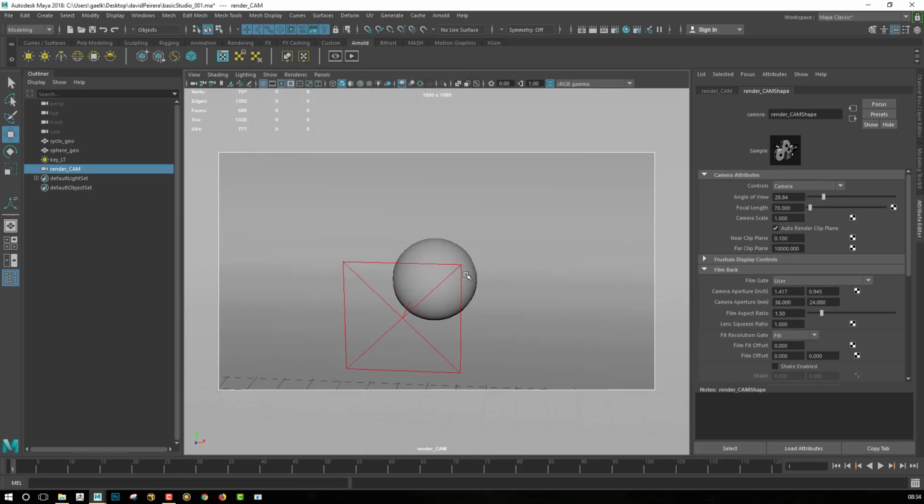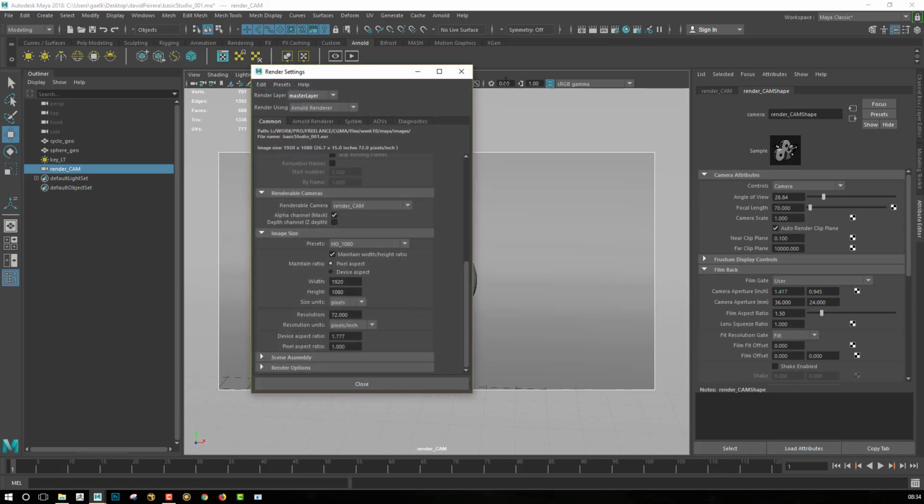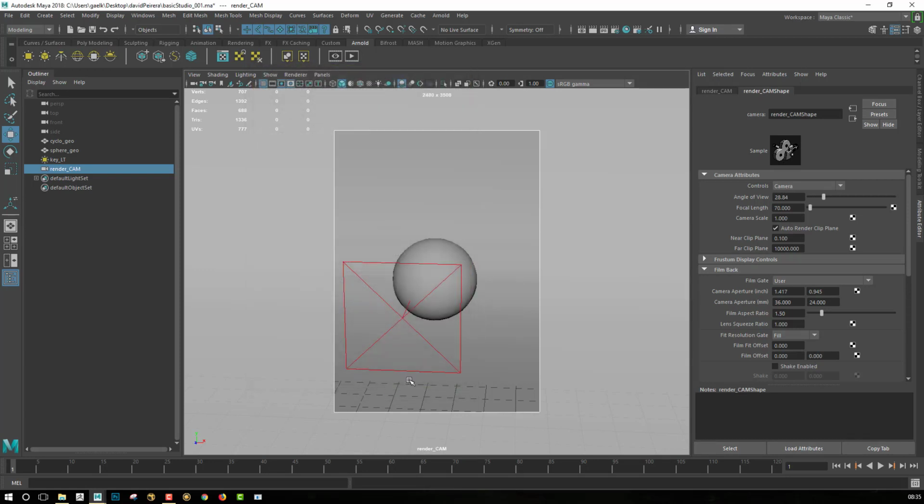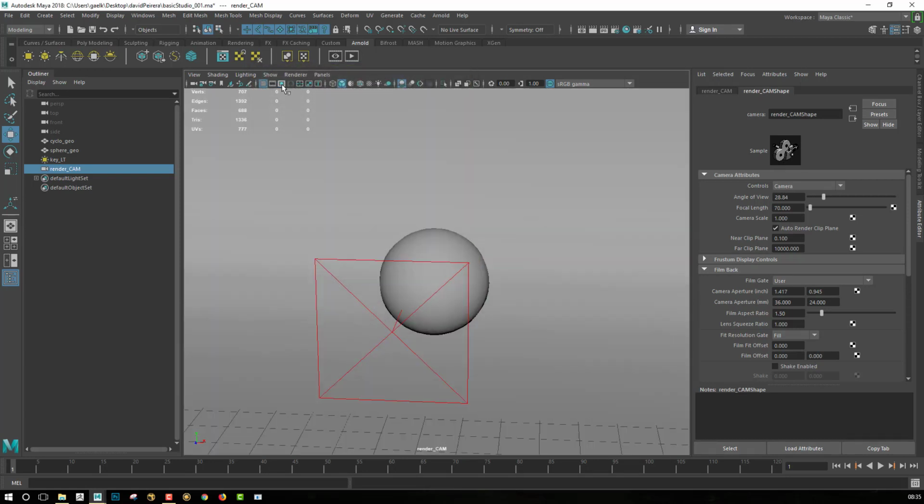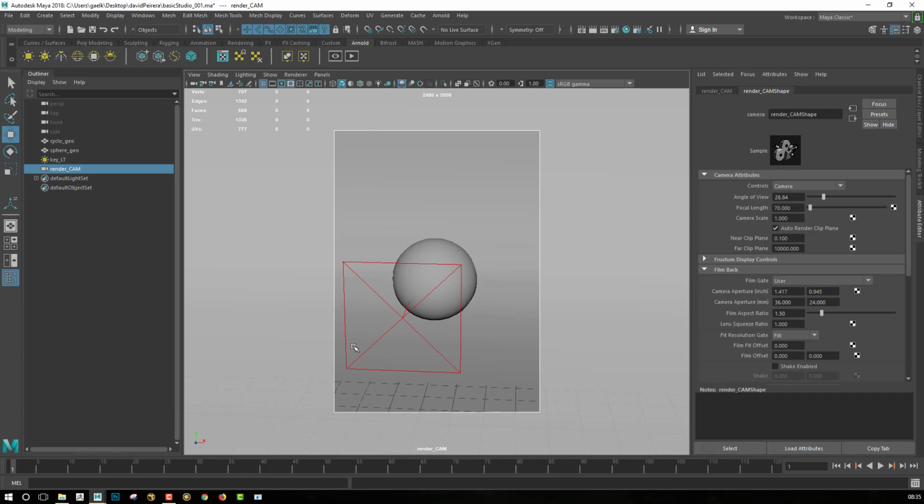So if you adjust to something like A4, let's pretend that for demonstration purposes, for showing your statue, you want to do a poster, for example. Something that you can do here is go in the preset and select A4 resolution. And you will see that thanks to this resolution gate here, we will be able to see what will be our final image. So if we click on the gate mask next to it, it will just show a mask to highlight what we will see in the render.